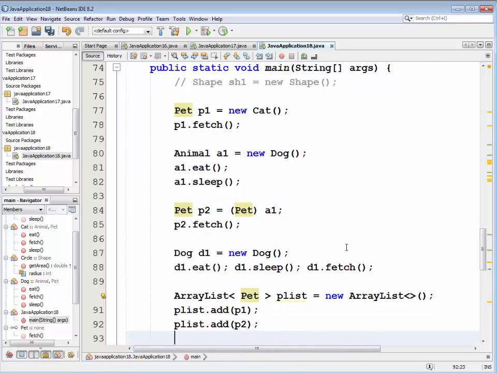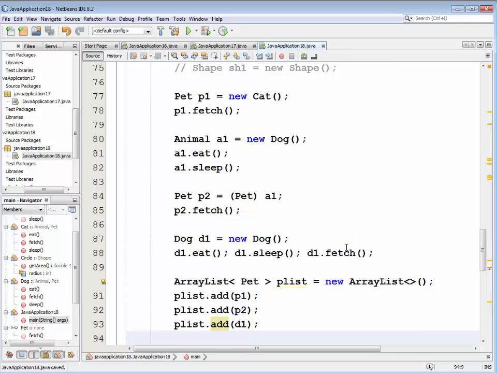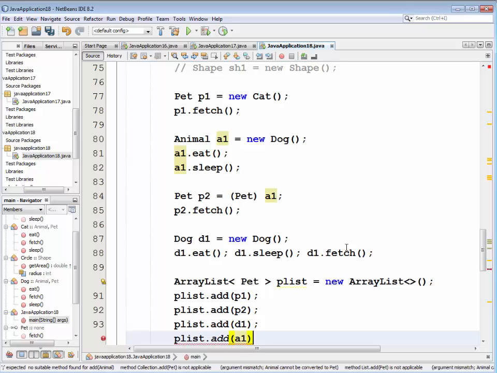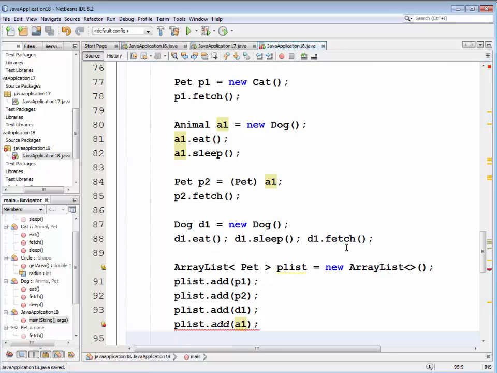I can add the dog to it. But I can't add the animal reference to it. The compiler has no idea that an animal reference can also be a pet